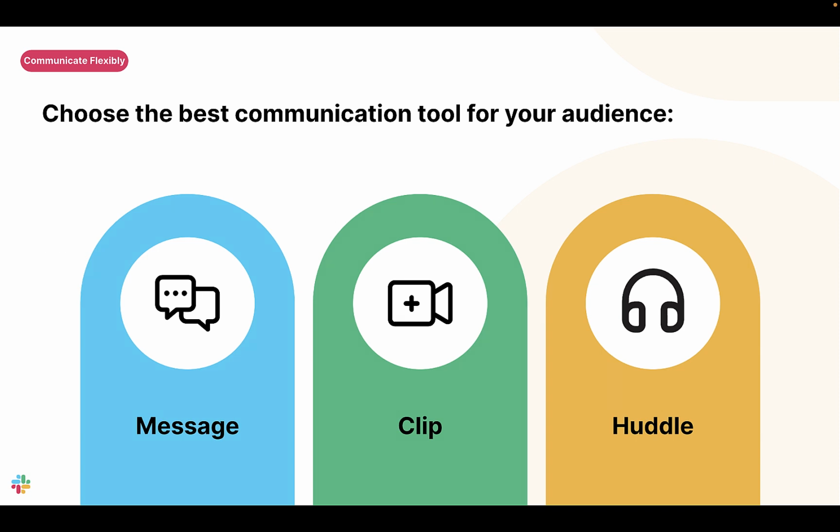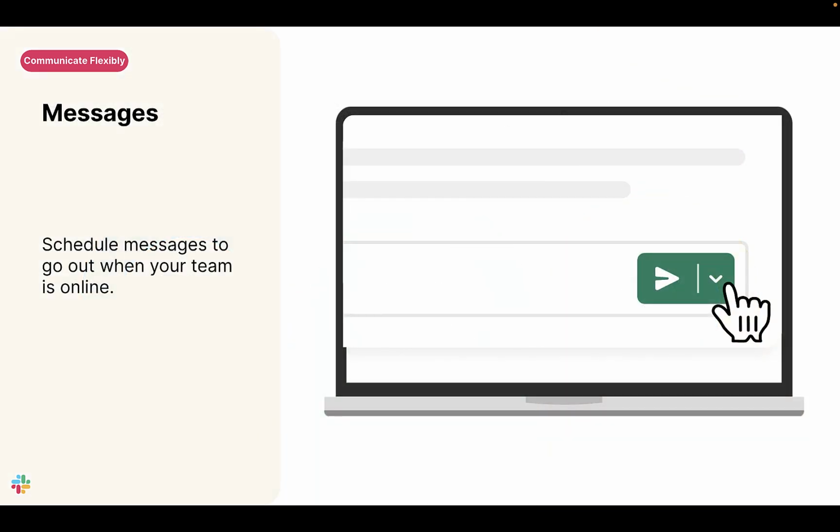huddles. Scheduled send is a real game changer when you have an important message to share in Slack, but it's not the best time to send it. Click the arrow to the right of the paper plane icon, then select a date and time in the future, and your message will be sent. The message will send at the selected time, whether you're at your desk or on the go. I might have an important update for my partners in the evening, but I want it to land in Slack at 10 a.m., not 10 p.m.